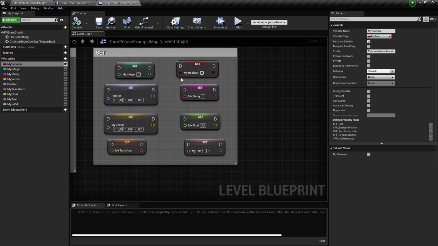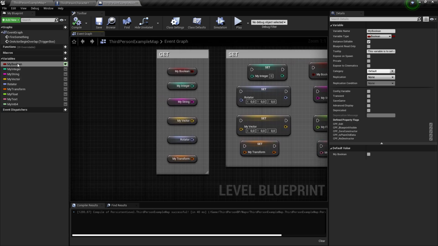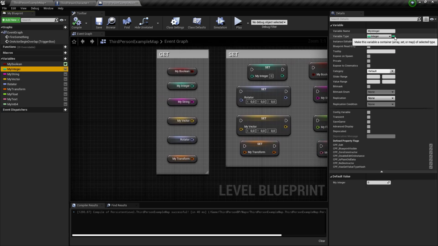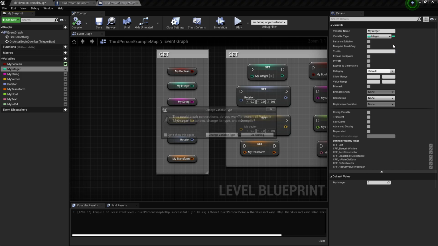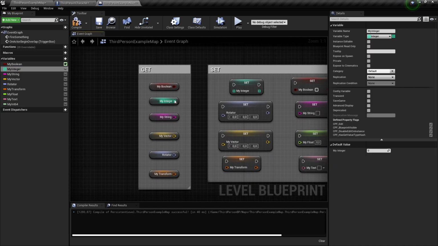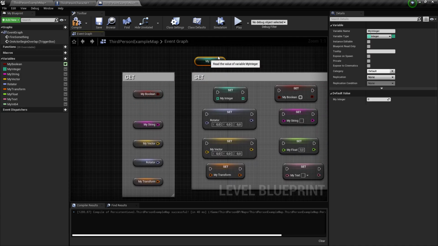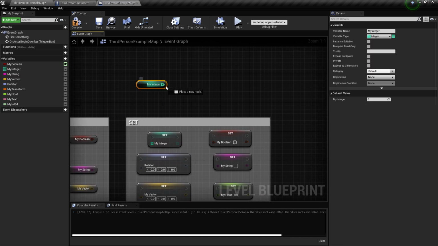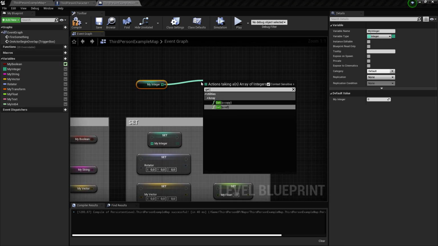Alright, so you can also in variable create some array. If you want an array of integer, you can just click on this little bar here and select. So you have array, set, and map. The most common is just the single variable and array. So you can change the type of the variable, change type. Now you have an array. So if you want to get the first value, just drag a wire from here, type in get.